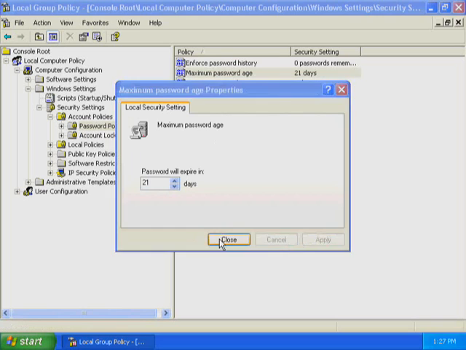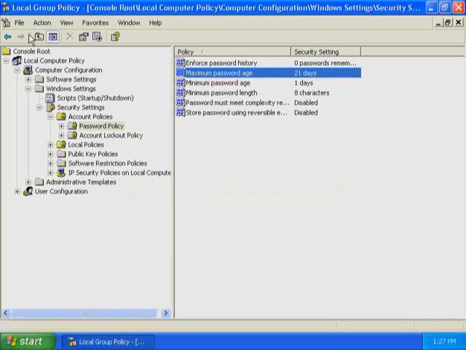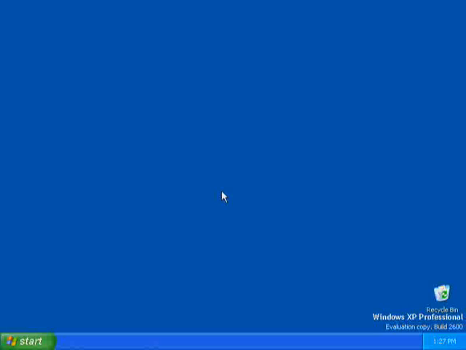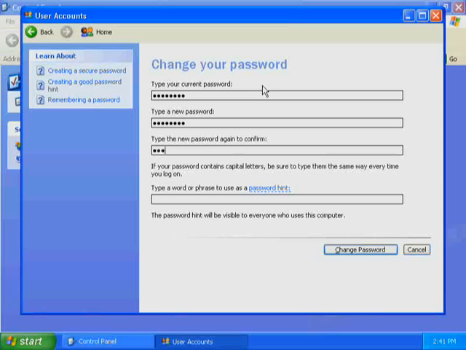Close the Local Group Policy Custom MMC console, and you are ready to test the account policy settings you just configured. Log off Windows XP Professional. In the next portion of this demonstration, you are logged on as User 1. Change your